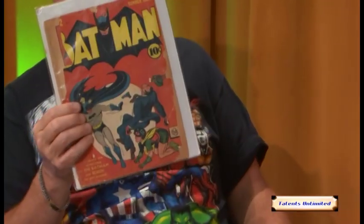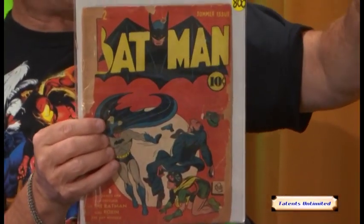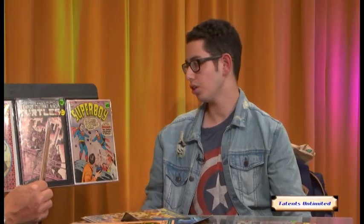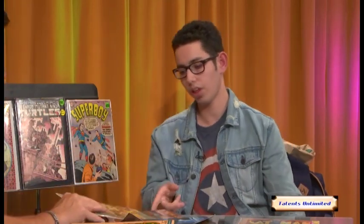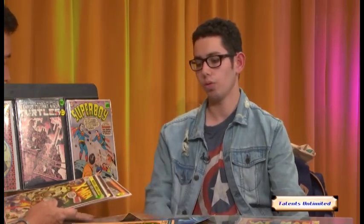So what's the highest value? Now this one you're willing to sell. Yes. What comic books do you just collect, other than your dad's stuff, which you just wouldn't part with, no matter what? You just want to hold on to it, you don't care what it's worth. Do you have any comic book like that? I have a rotating collection as well, but there are a few horror books. I think I have a few with me, but not from my collection, but I have